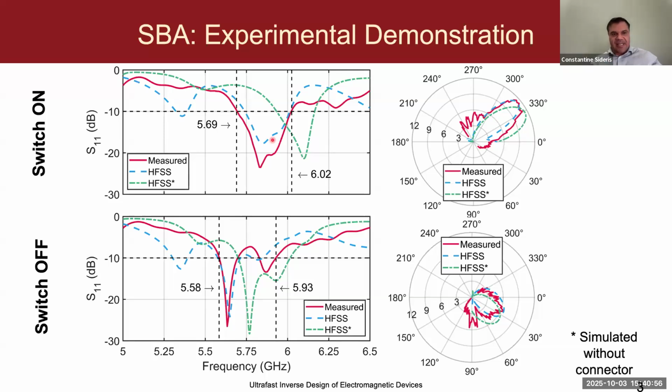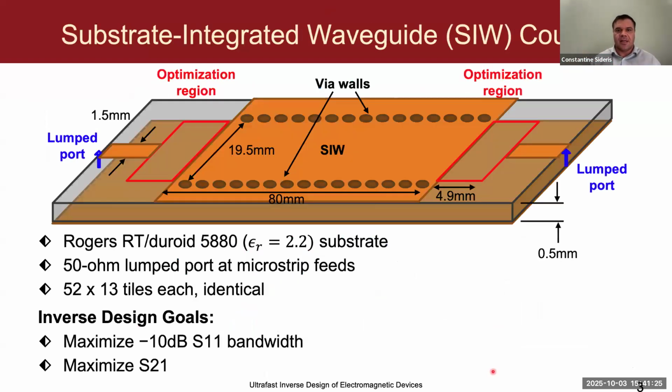So when we simulated and designed this antenna, we designed it with a lump port rather than an SMA connector. And the SMA connector does actually perturb a little bit the matching as well as the radiation pattern. However, in a future design, we can fully consider the connector in the precomputation. So this is not a limitation of the method. It's more so a limitation of the design approach that we took for this particular example. And you can see that the measured beam separation angle is approximately 70 degrees when you consider the switch on versus the switch off states.